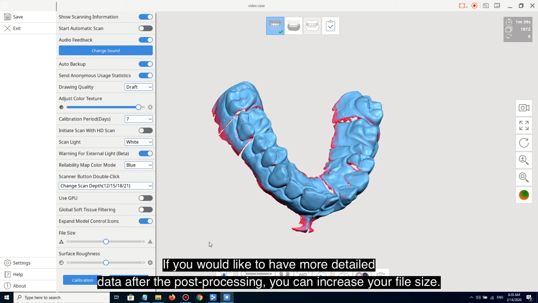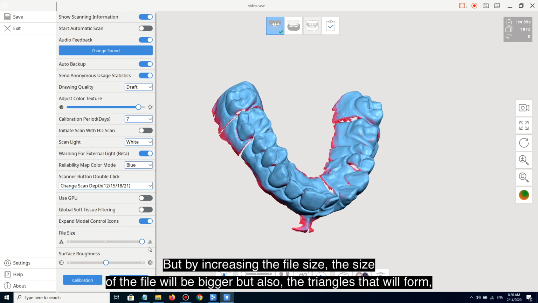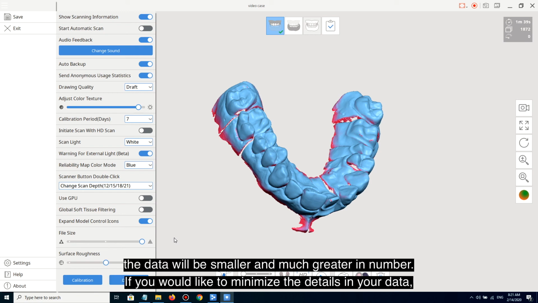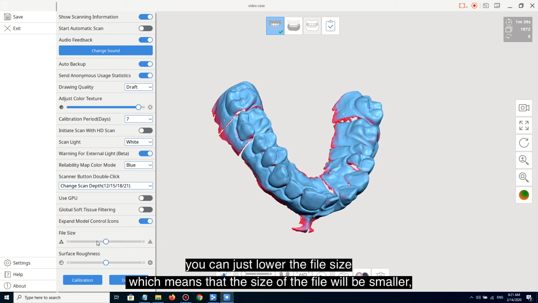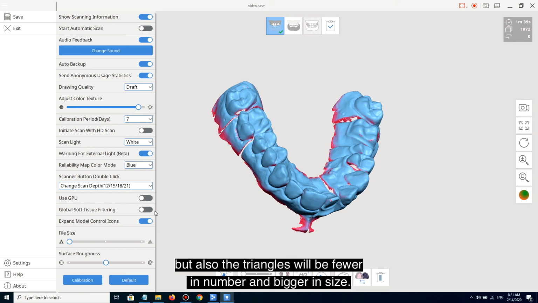data. So, if you would like to have more detailed data after the post process, you can increase your file size, but by increasing the file size, of course, the size of the file will be bigger, but also the triangles that form our data will be smaller and much more in number. If you would like to minimize the detail of your data, you can just lower the file size, which means that the size of the file will be lower, but also the triangles will be fewer in number and bigger